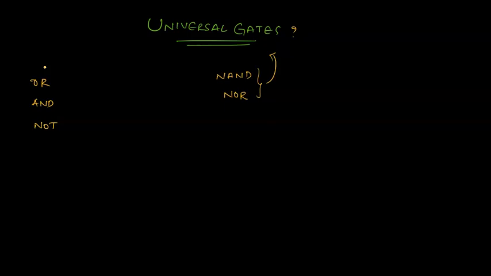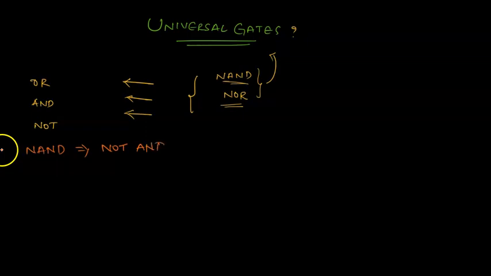Okay, that means these NAND and NOR can be used to implement these three functions also. So now let us see what these gates are specifically and how they can be used to replicate these basic logic gates. Okay, let us start with NAND gate. NAND gate means basically not and. Okay, so the truth table of this can be